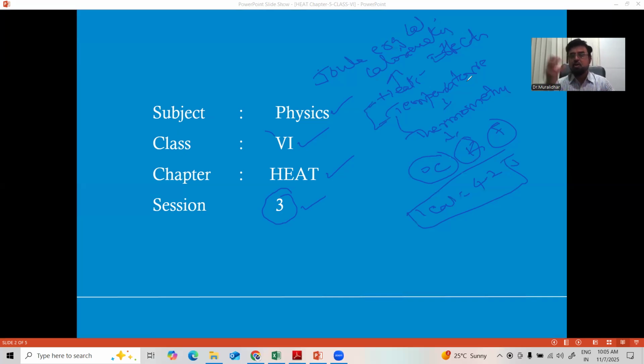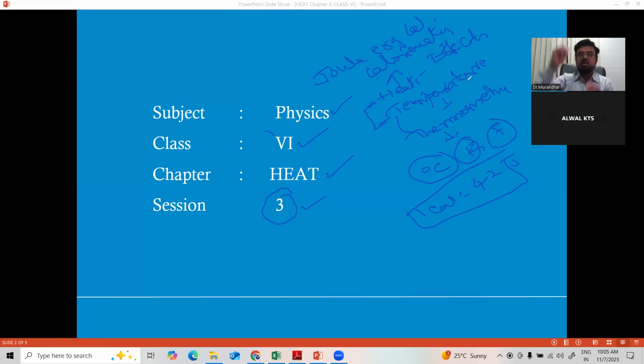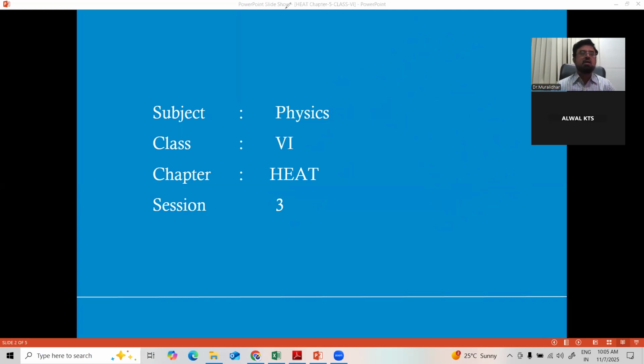Because of heat only, we get the temperature. If you keep on giving heat, temperature rises. If you take heat out of the body, the temperature decreases. In summer we can measure the temperature rising. In winter, temperature may come to 0 or even minus. So heat and temperature are mutually convertible. That's what we learned. Now today we'll continue with the devices